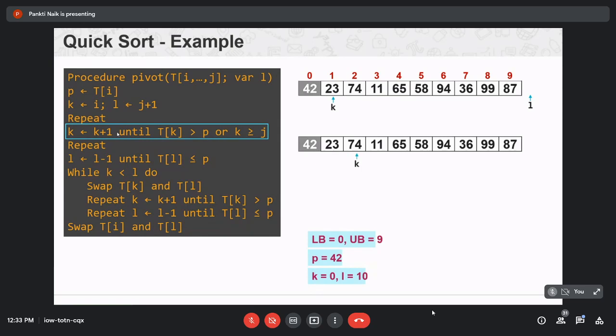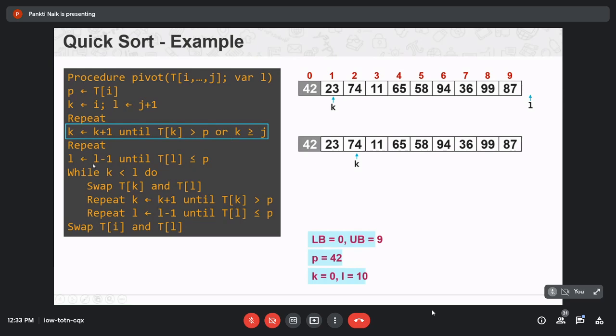Again check T of K, that is 74, is greater than 42? Yes. Or 2 is greater or equal to 9? No, but one condition is true because of the or, so stop, increment the K value.